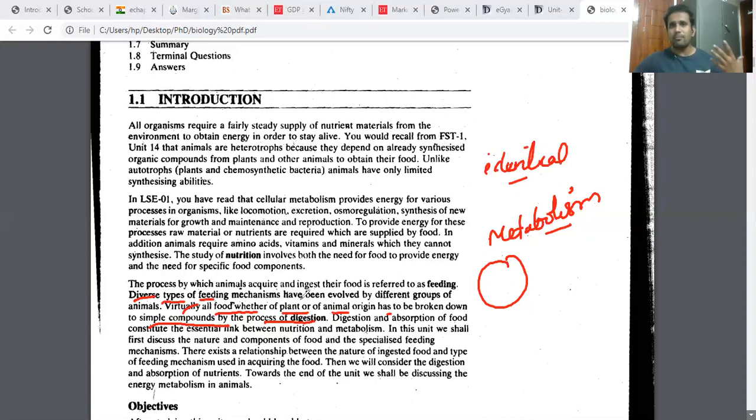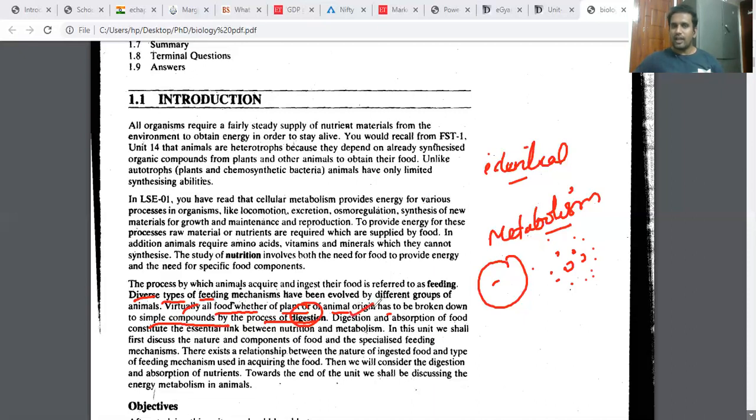So what is that time period? The time period is your body converting those solid, heavier, complex materials into very, very simple ones, like this. These are only absorbed by our body, not these big balls. Remember this point. The process of conversion of these complex, heavy materials into simpler substances is called digestion.